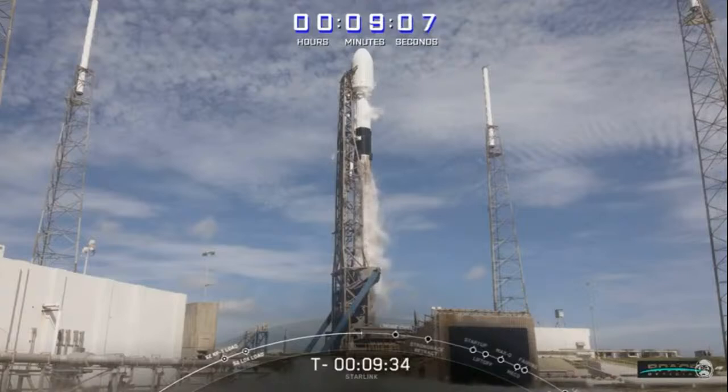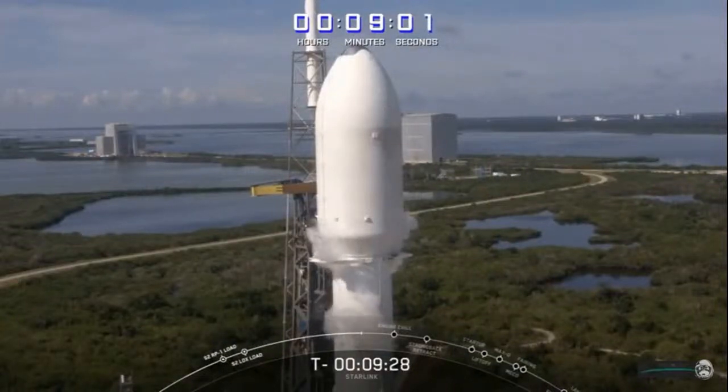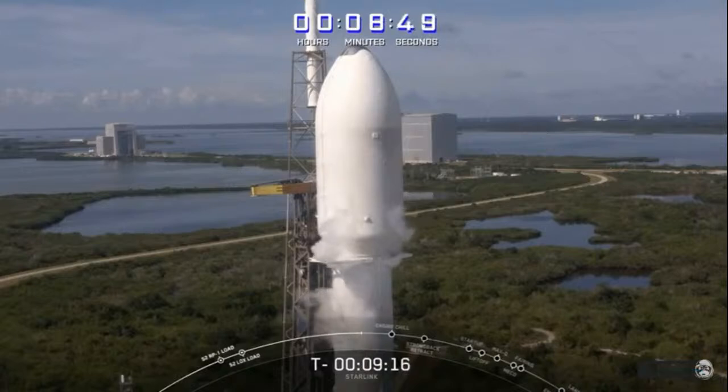completely unavailable. We have 3 small sat passengers on board today's mission for our customer Planet, the operators of the largest constellation of Earth observation satellites. You may remember we also successfully launched 3 SkySats for Planet on a Starlink mission in